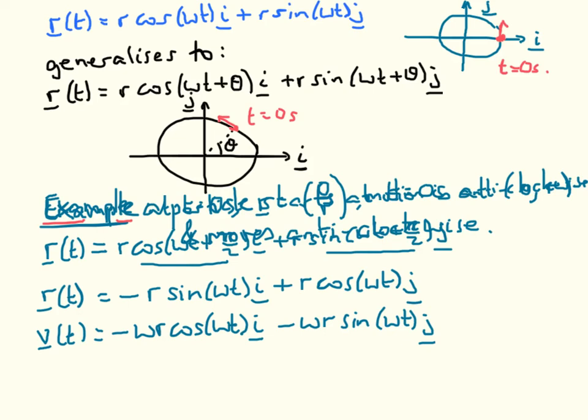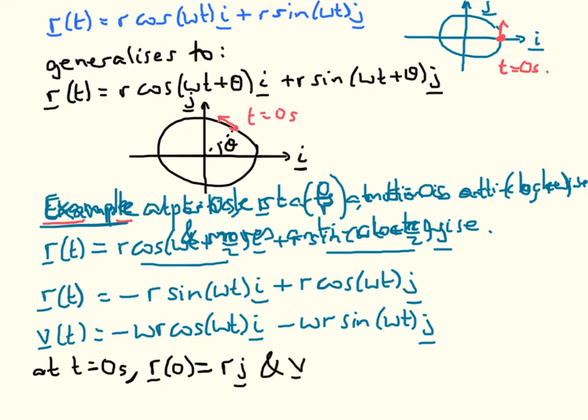And now we see that at t is 0 seconds, r of 0 is, come back to here, sine of 0 is 0, the cosine of 0 is 1, so it's going to be r j,